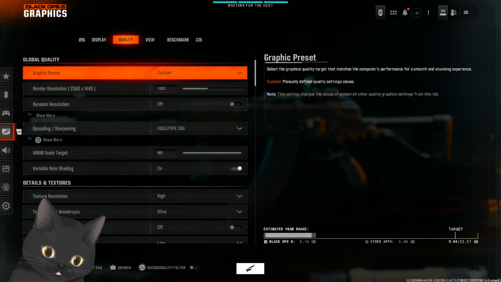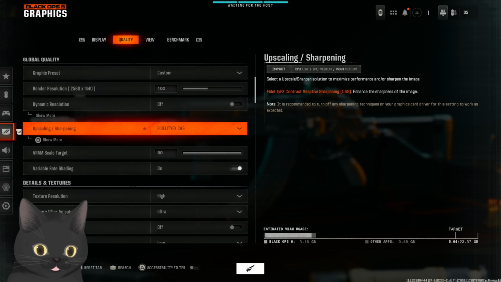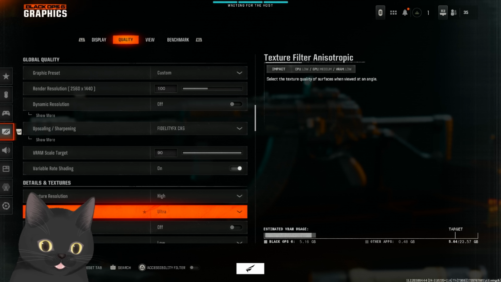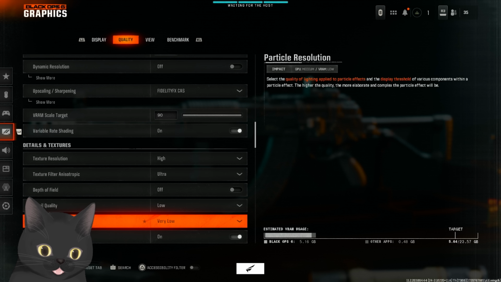Nothing else really matters other than we go over to quality. I play on 100% render resolution, no dynamic resolution. For my upscaling, I use FidelityFX. For your VRAM, make sure that's 80 to 90% depending on how bad your PC is. You want VSR on, texture resolution high, texture filter on ultra, depth of field off, detail quality low, low,